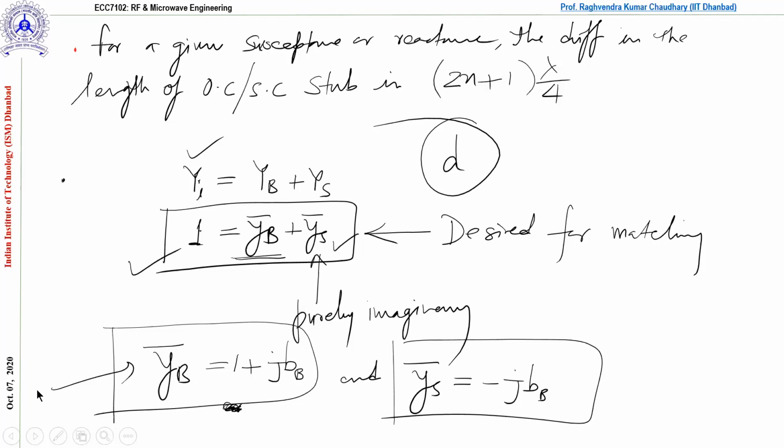Now, so this is the theoretical part. Correct? If you see, this is quite easy actually, but the thing is how we will do it over the Smith chart, because ultimately we have to find the D and L. And one fact is clear from these expressions, that we can have these possible solutions. We can mark them over the Smith chart, and we can find the corresponding lengths and distances.